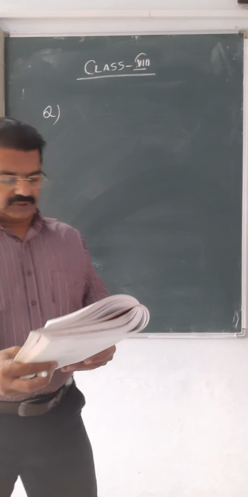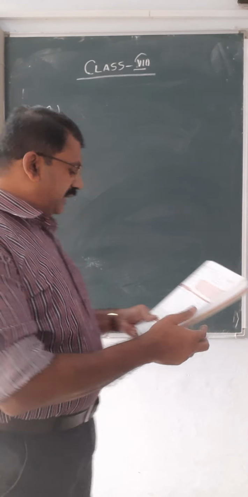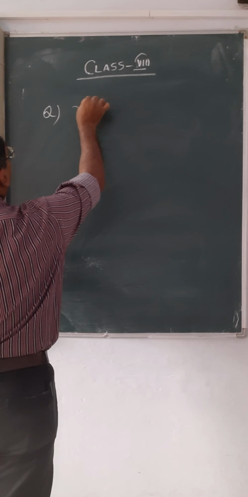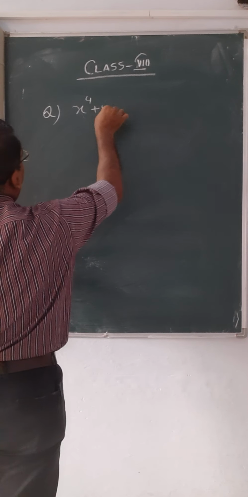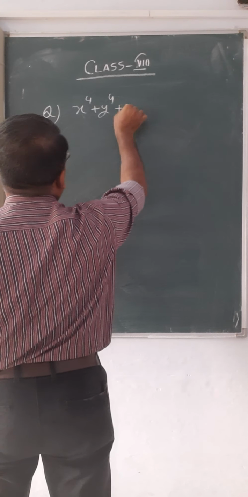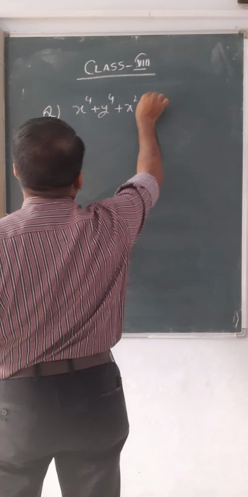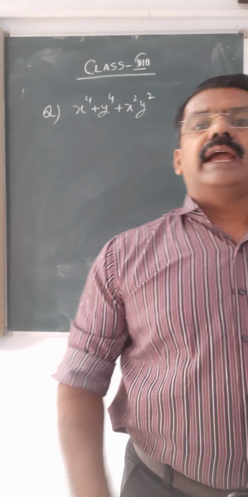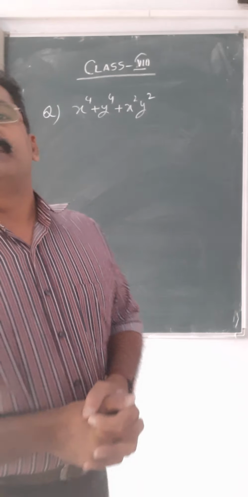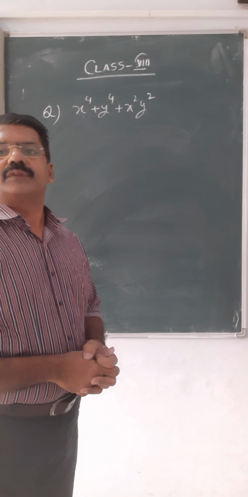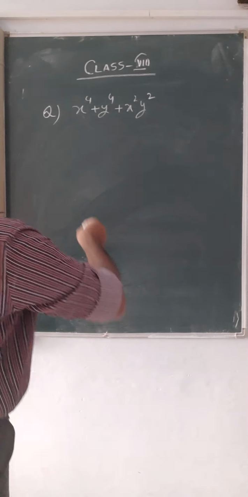Now in the next question, we have to factorize x to the power 4 plus y to the power 4 plus x square y square. You have to factorize this expression x to the power 4 plus y to the power 4 plus x square y square. Okay, now